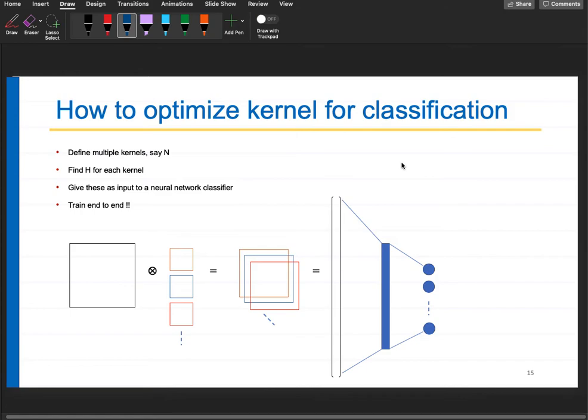Why are you taking multiple kernels? You can take a single kernel, but then what will a single template learn? It will learn only a single thing, either the mustache or the turban or the stick. But you want to learn many features from the image. Maybe not just the mustache, not just the stick, not just the turban, but also maybe glasses, maybe coat, or maybe hands. A single template can learn only a single local region, no?